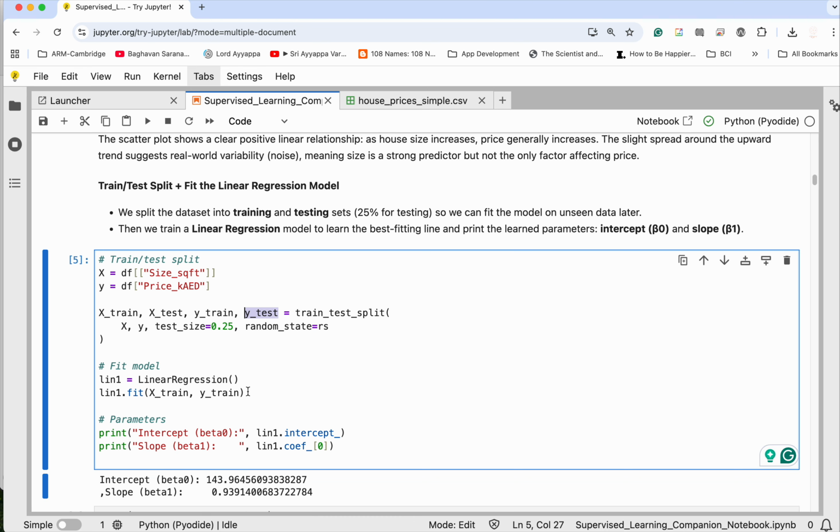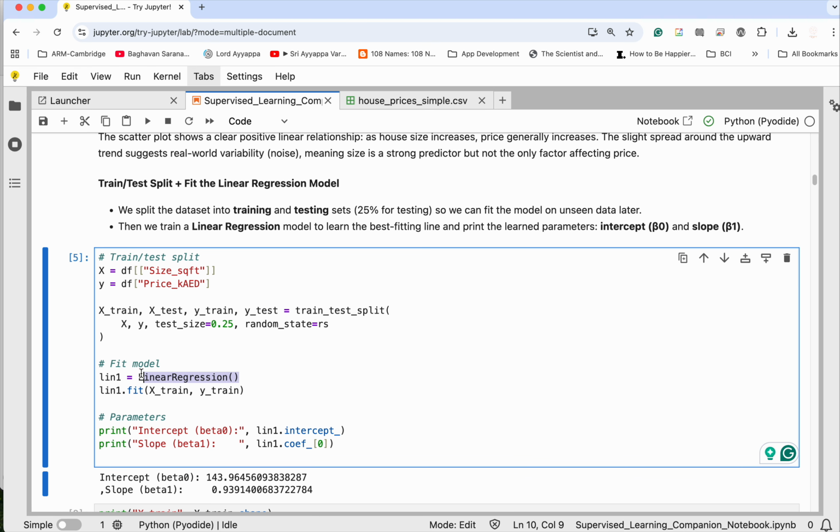Alright, after that I initialize the linear regression model by calling this function, LinearRegression. This is the default model, and I now need to fit this model with the data that I have. That is done using the training data. So X train and Y train will be used to train my model. After these two lines, I have already generated my linear regression line, and as we saw earlier,